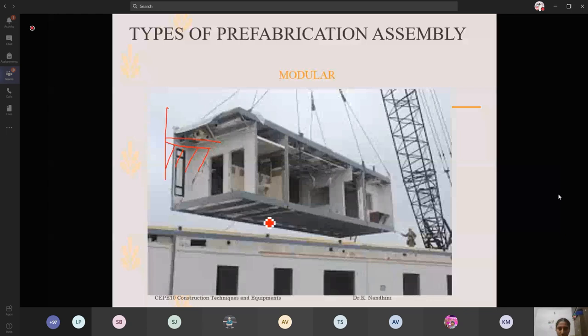So imagine if this is a house. You have two windows here. This may be your room. This may be an entrance where you can go. This may be a hall, and this may be another room or the kitchen. Imagine like the entire module is created over there. It is just being transferred and erected.